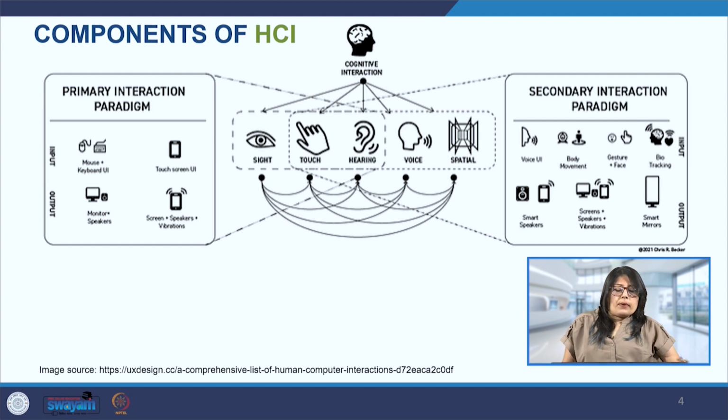These paradigms define the core method of communication between the user and the system. We will just give a little overview of these, and take them in more detail in the upcoming lectures.